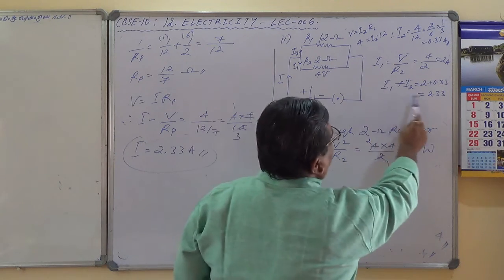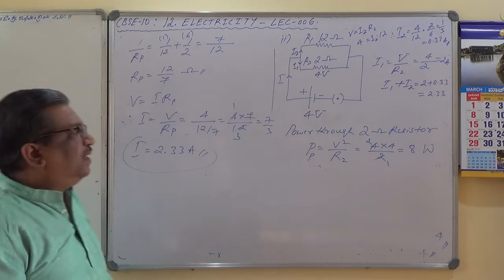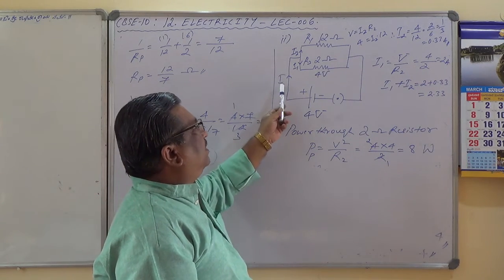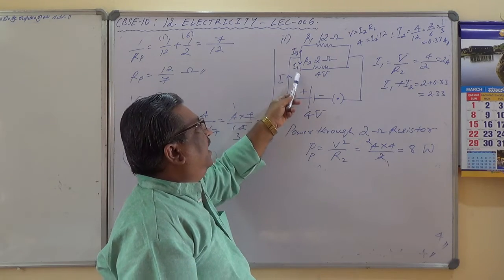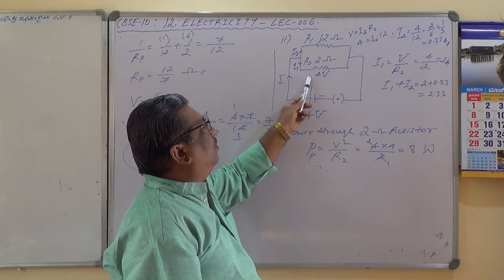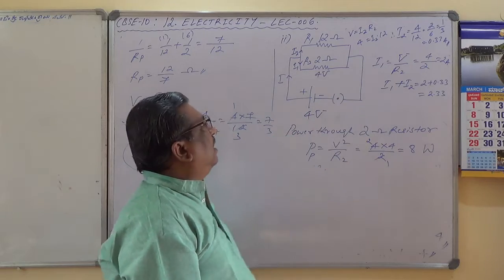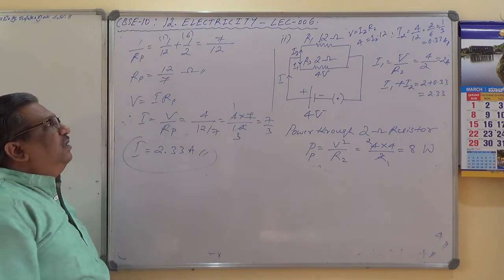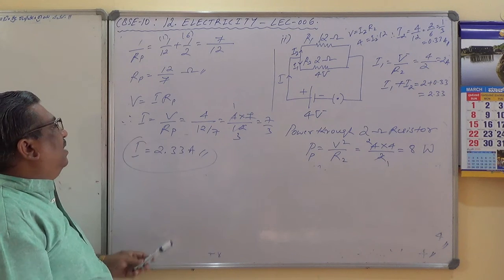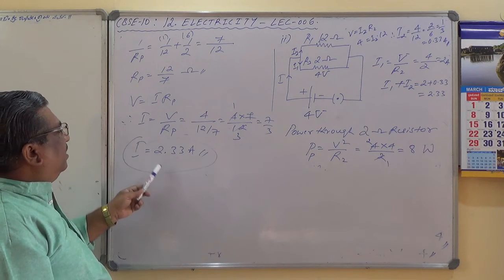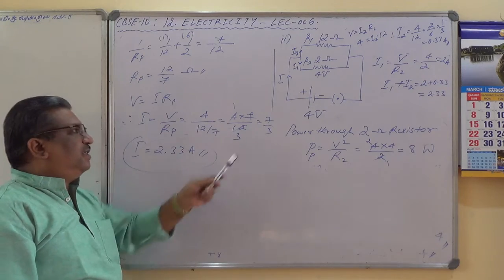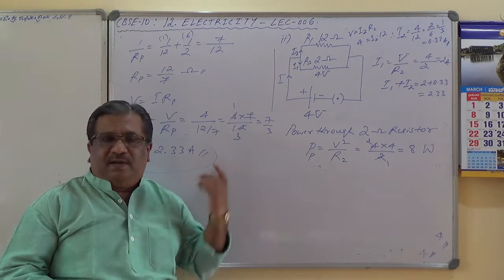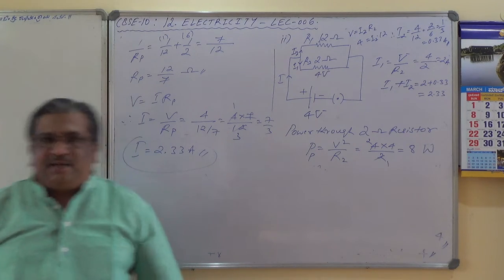By adding I1 plus I2 also we got 2.33 amps. Why I showed this example over here is, this current is the summation of these two currents. Individually we calculated I1 and I2 using Ohm's law. Also I calculated Rp, which is the equivalent resistance of these two resistors in parallel combination, and then I applied Ohm's formula to calculate. In both the cases this is matching, which means our calculation is correct. Maybe you can understand, I think you are able to understand this. Let us take the next question.